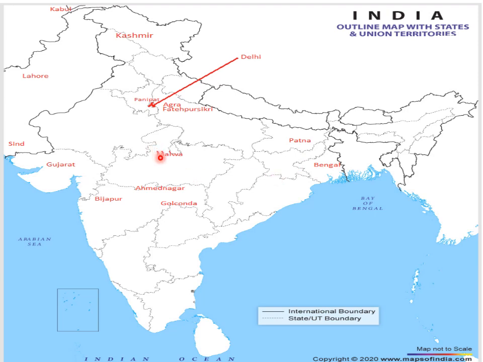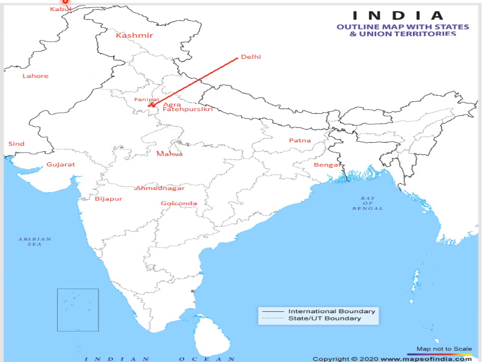Then in Madhya Pradesh we have Malwa, and in Maharashtra we have three: Bijapur, Ahmednagar and Golconda. बीजापुर जो है वो वेस्टर्न साइड, अहमदनगर बिल्कुल मध्य प्रदेश और महाराष्ट्र की जो बाउंड्री है वहीं पर है. Then Golconda is on the east side of Maharashtra. Then we have Gujarat. Gujarat is a state today, so you can very easily write Gujarat. These are the provinces which are now in India.